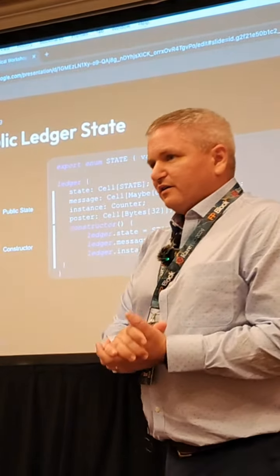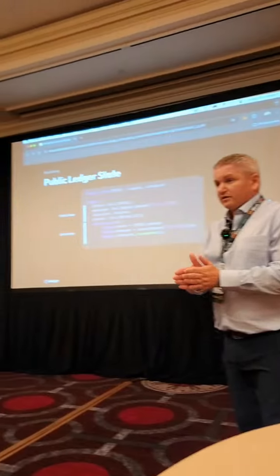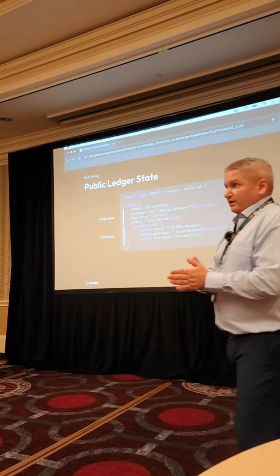Yeah? What's the size of that counter? Is it 8 bits, or how big is that counter? Which one? The instance, the type. Oh, how big is counter? That's a good question. I honestly don't know the answer to that, but it'd probably be like 32 bits or some small size, or it might even be smaller than that.